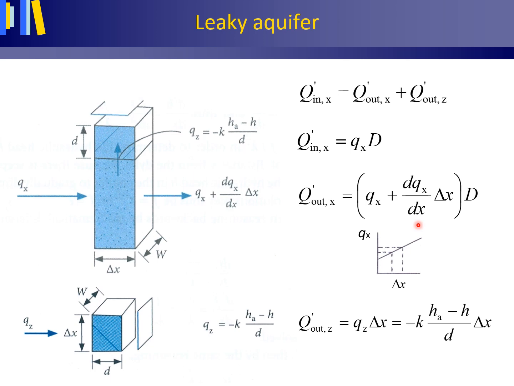dqx/dx is the rate at which qx changes with x. Merely as an example elucidating this principle, consider the slope in this small figure. By multiplying this rate of change, this slope, with the section delta x where the change takes place, we obtain the total change, dqx/dx times delta x, over the section, as indicated along the vertical axis here. Q out in the x direction can then be represented by this equation.